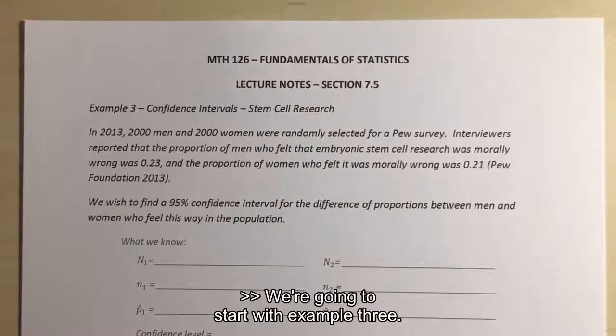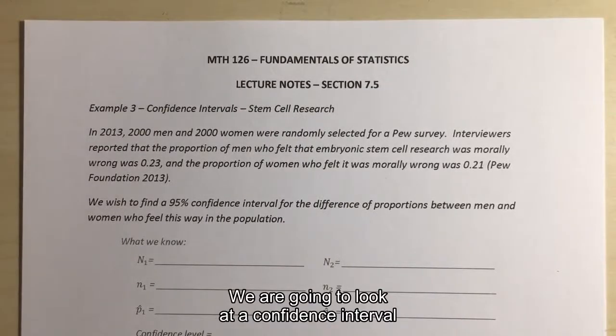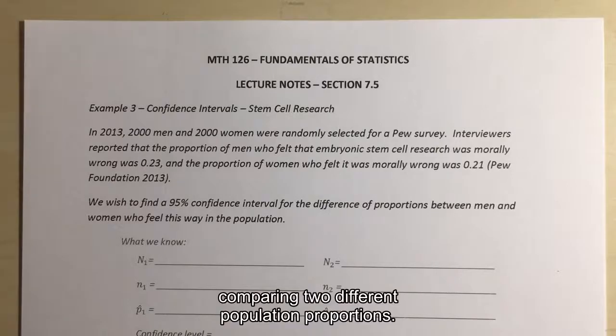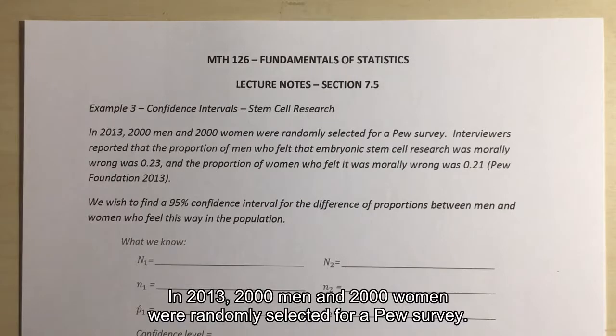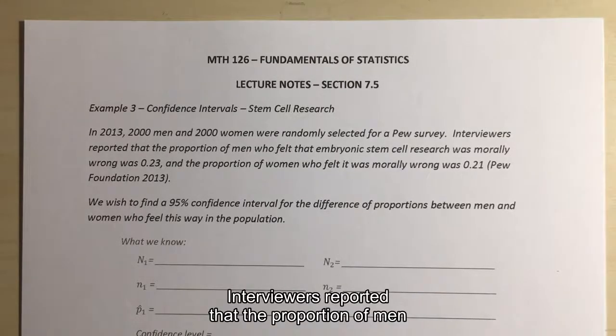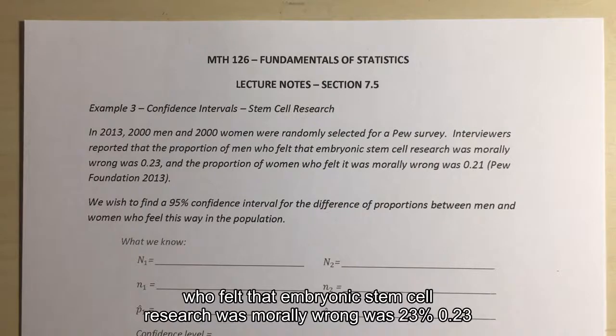All right, so we're going to start with example 3. We are going to look at a confidence interval comparing two different population proportions. So in 2013, 2,000 men and 2,000 women were randomly selected for a Pew survey. Interviewers reported that the proportion of men who felt that embryonic stem cell research was morally wrong was 23%, 0.23,